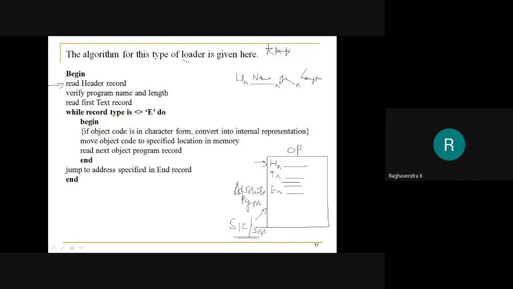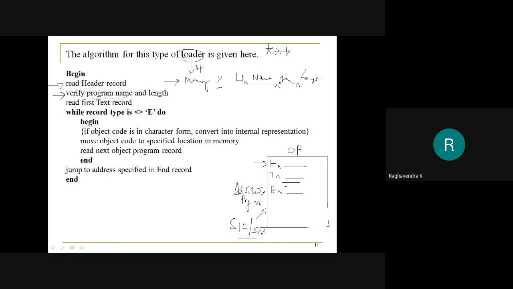The absolute loader is supposed to load your object program into memory. So where in memory? That's the first question. And what is the size of this program? And what is the name of this program? All that information it needs to verify. So it will verify the program name and program length.